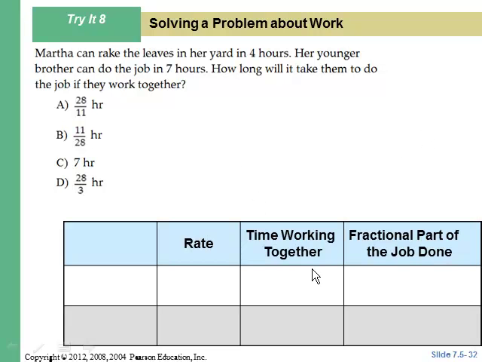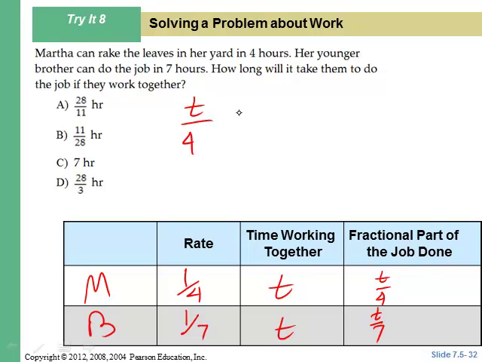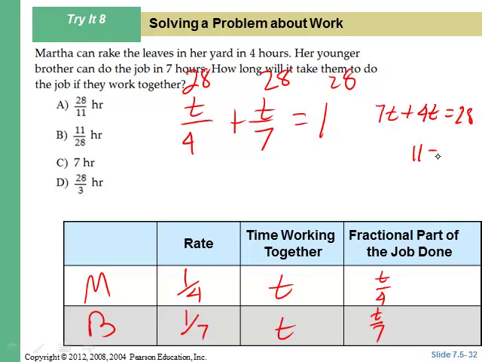Martha can rake the leaves in 4 hours, so she does 1/4 of the job per hour. He does 1/7 of the job per hour. Working together, they take T hours. So T over 4 plus T over 7 equals 1. Multiply everything by 28. We have 7T plus 4T equals 28. 11T is 28. T is 28 over 11. Let's